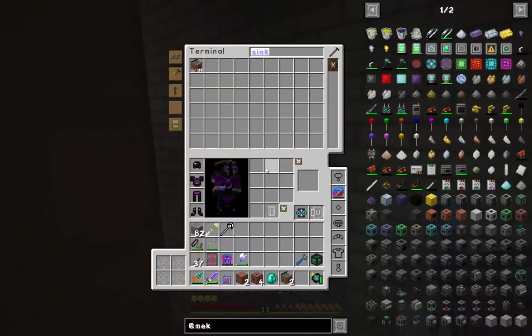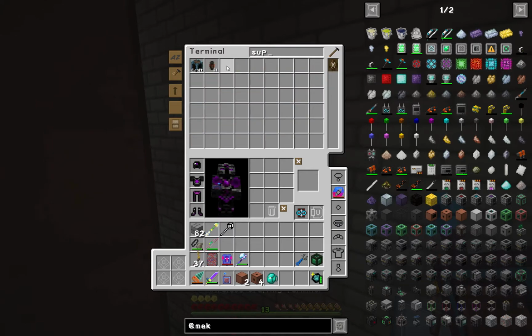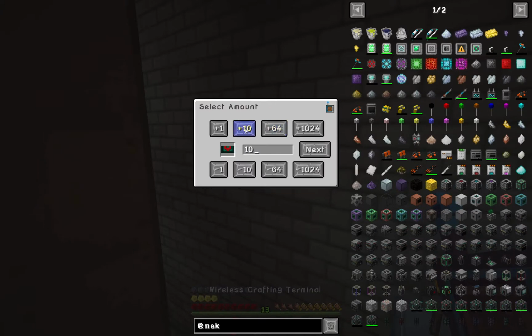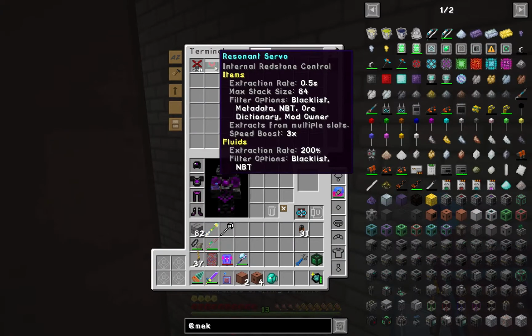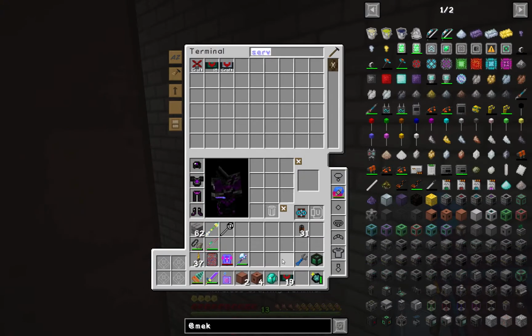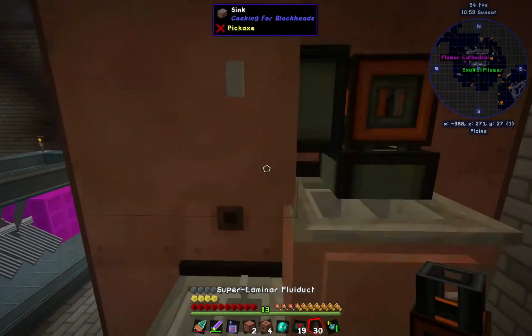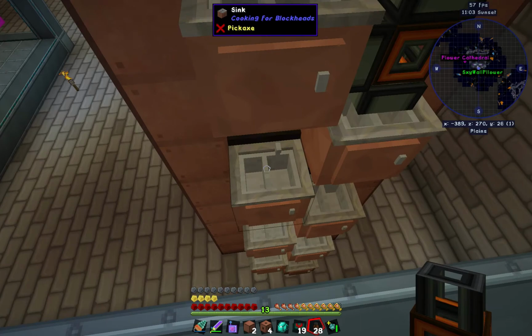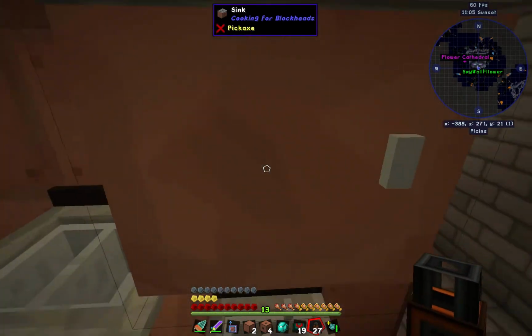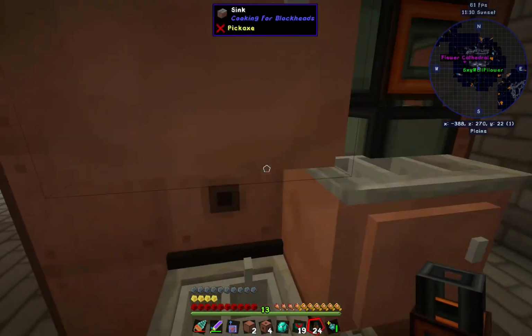And then we're going to want, put those away. We're going to want super laminar fluid ducts and lots of servos. Lots of these. So let's start those crafting up now. Let's grab a few. Super laminar fluid duct. Here, here, here. Normally I would have this spaced out a little, but